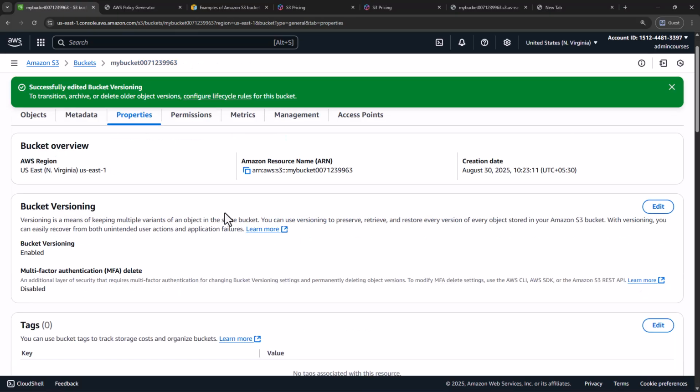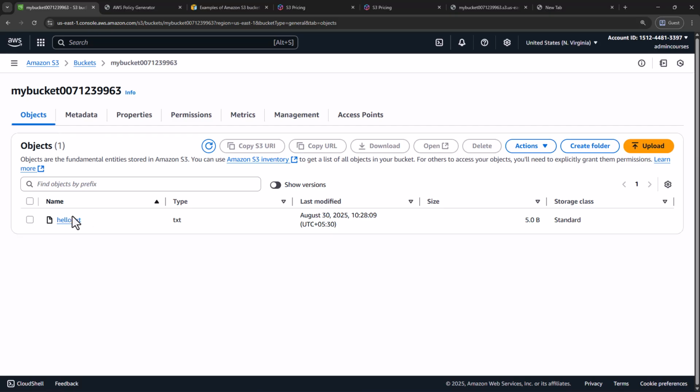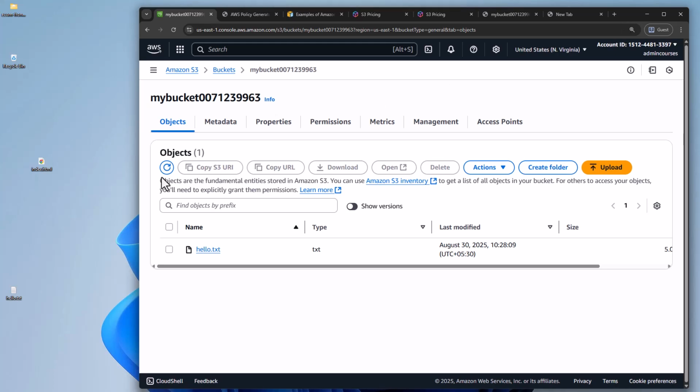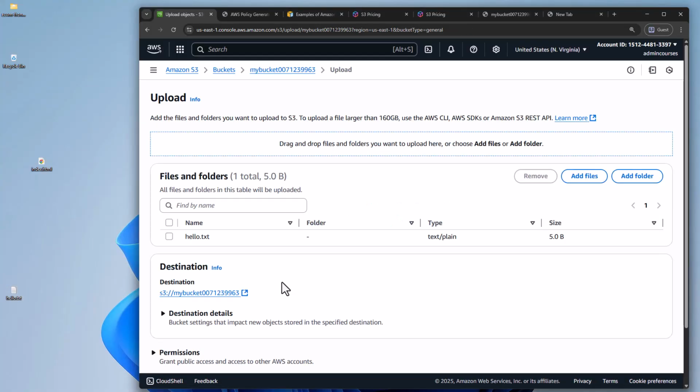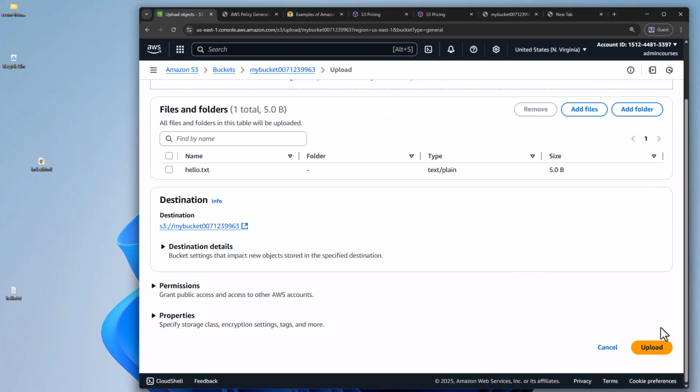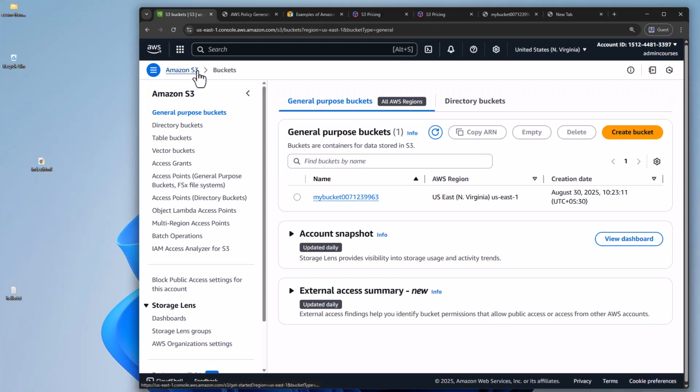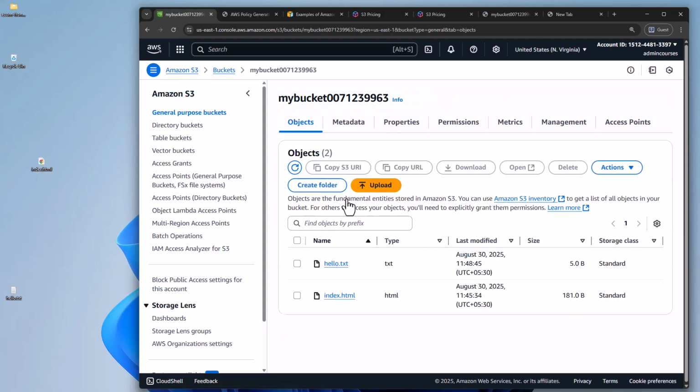Now the moment I save over here, and if I come to objects over here, I have hello.txt file over here. So let me select this, and here I'll just drag drop hello.txt. So let me drag drop hello.txt again. Okay, and I'm uploading hello.txt like so. Okay, so you can see hello.txt is uploaded now, and I'll go to my bucket now. Let me go to bucket. Okay,